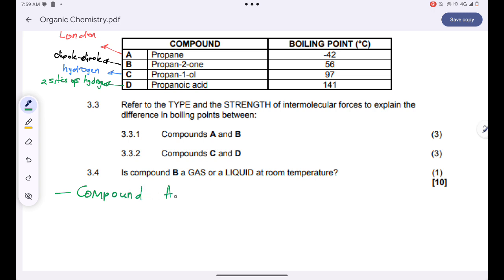Compound A has London forces, and compound B has dipole forces. And then secondly, since dipole is stronger than London forces, we'll therefore conclude that